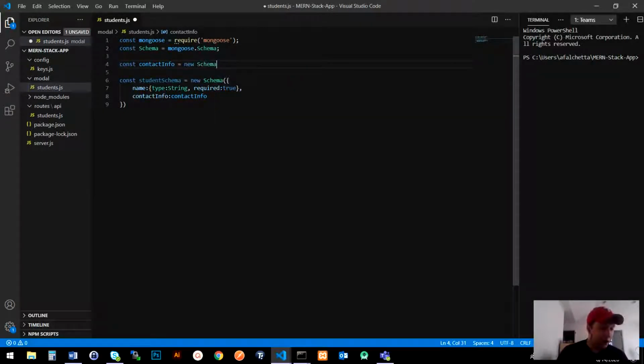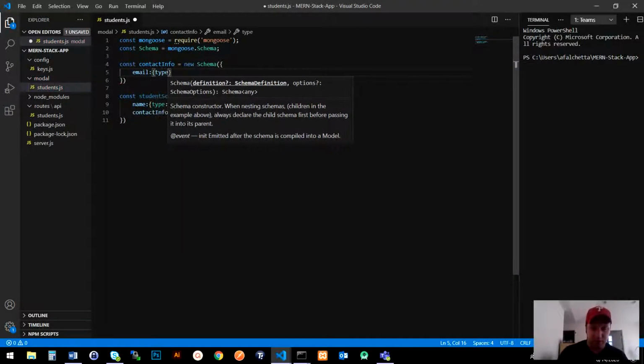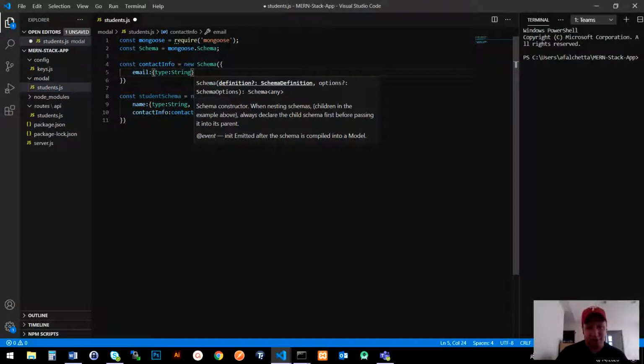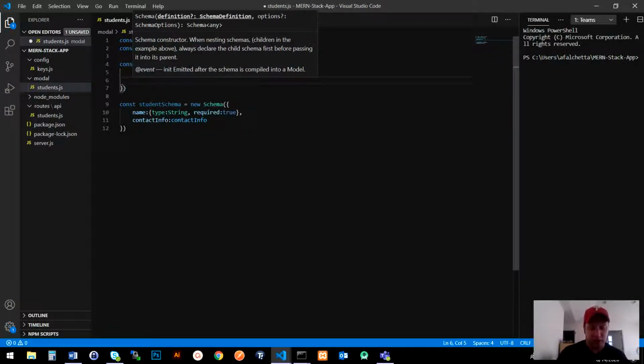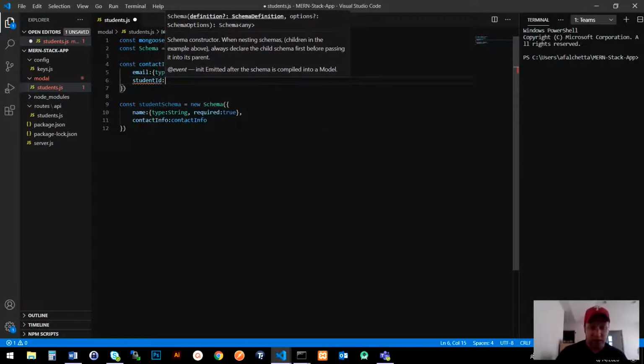New Schema, parentheses, curly braces, and then we'll say email is an object, type String, got to be capital, by the way. Let's just do that. That's fine. Then studentID will be set to